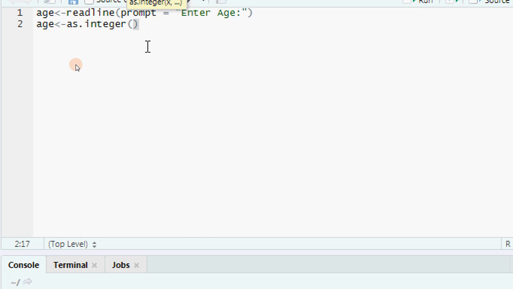So we need to change the age value into integer. So then now we can perform